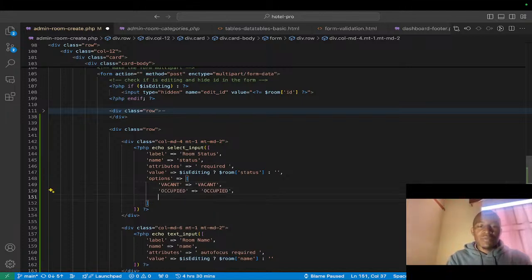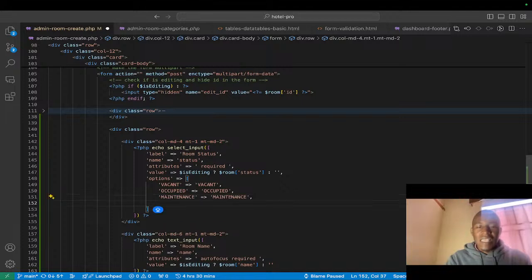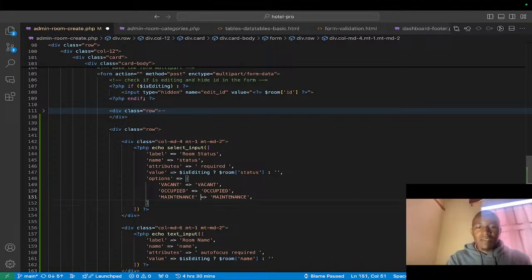Then I put occupied, and then maintenance, and then booked. Okay, let's put booked here. So maybe some rooms might be under maintenance. So if the room is under maintenance, we might not allow it to be used. So let's put